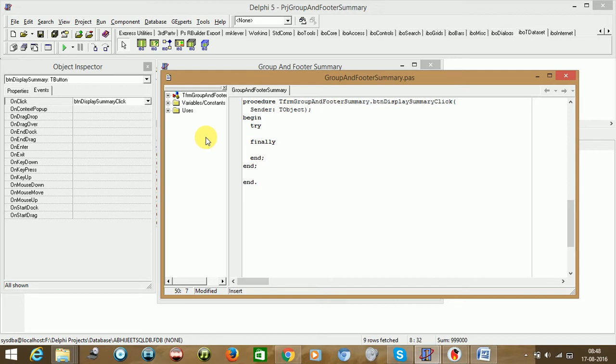So when we are filling the data, the screen cursor needs to be in hourglass. So Screen.Cursor we can just say is equal to crHourglass. And whether it is an error or something has happened or it finished successfully, once it is done, then also what we will be doing is making it crDefault.